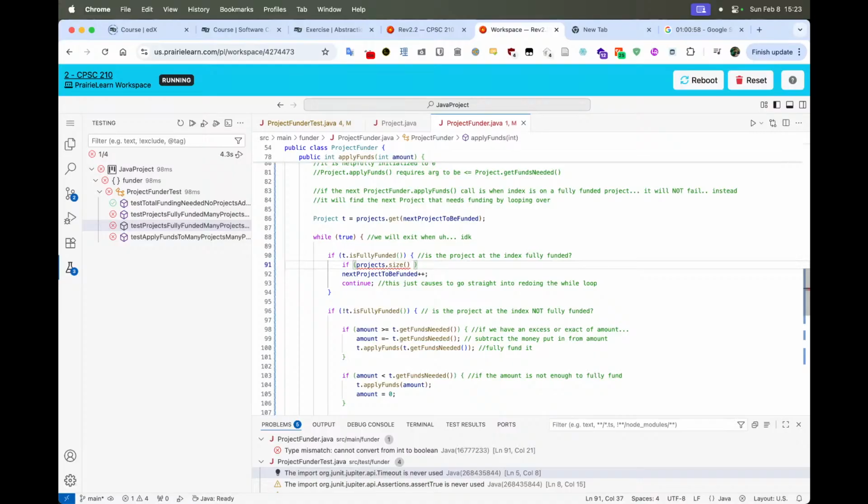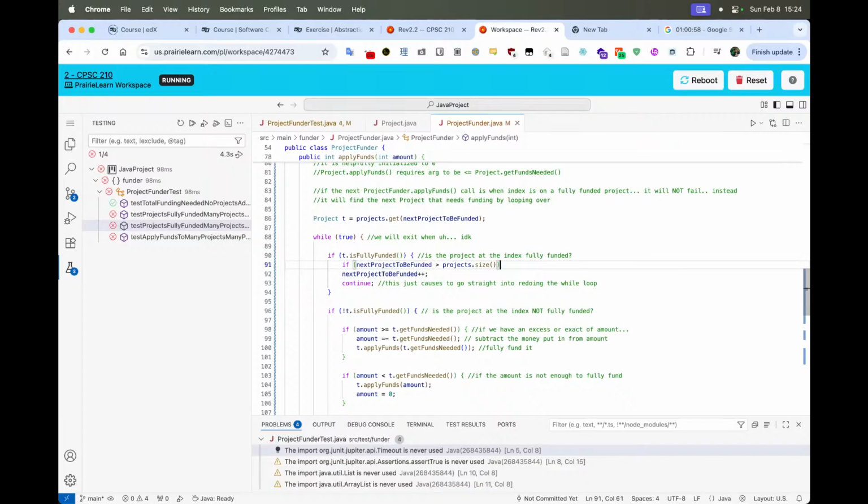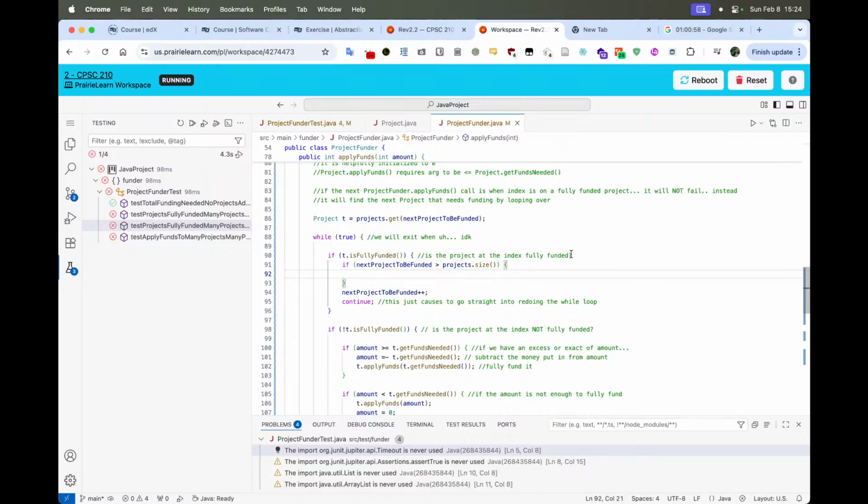Well, no. Let's just do this then. Wait, let's be clear. If next project to be funded, if this index is greater than projects.size, then we're going to want